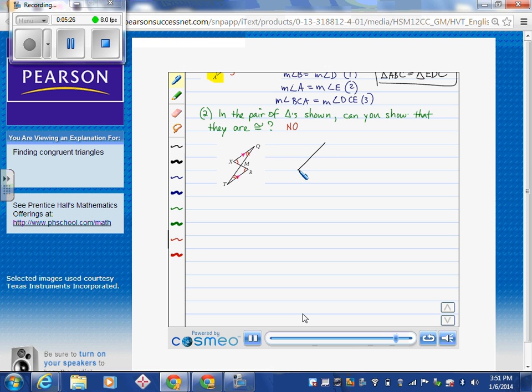Even though it looks like the triangles are drawn so that they're congruent, notice that I can have the same illustration like so, where these sides are parallel, so all of the corresponding angles for the two triangles are congruent, but the triangles are obviously not the same size and therefore not congruent. So proving that the angles are congruent is not enough to prove that the triangles are congruent. I need to know about the lengths of the sides as well. Well, that should be a helpful overview on congruent triangles. And remember, it's very important when you name congruent triangles to